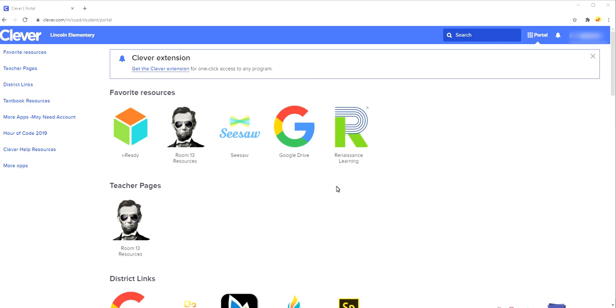So how you access Google Classroom is you first want to go into Clever, as you can see here, and go to the Google Drive app. We might refer to it as the Big G because it's a big G. So go ahead and click on your Google Drive app,